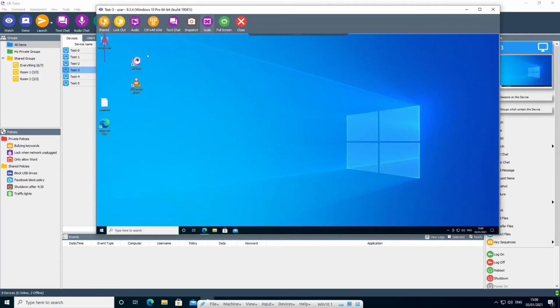The shared button allows you to take direct control of the client machine using your mouse and keyboard to control it as if you were sat in front of it. You can even hear any sounds it's making by clicking on the audio button, or turn this on by default